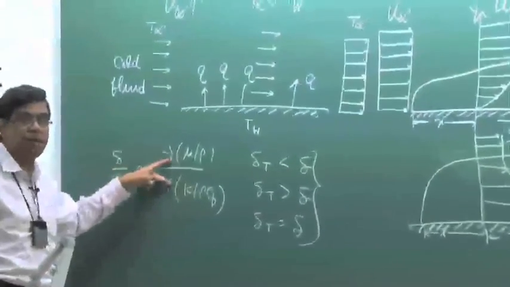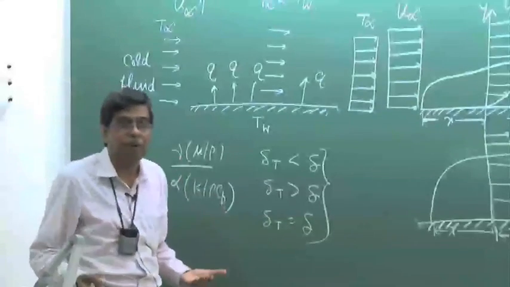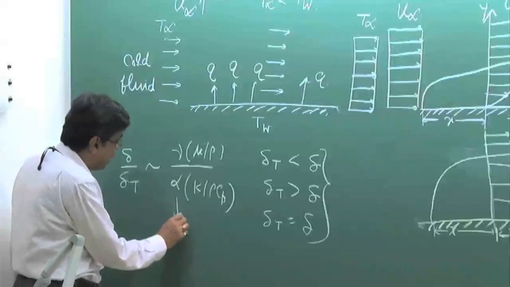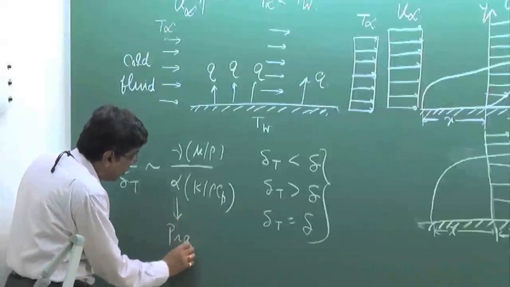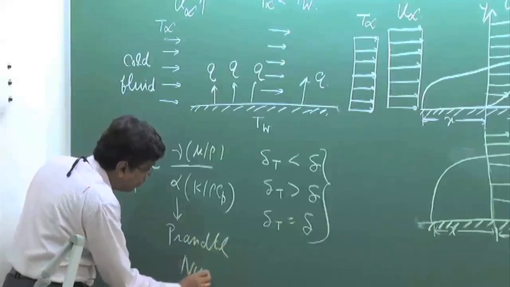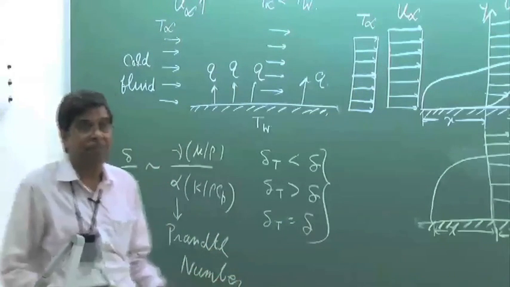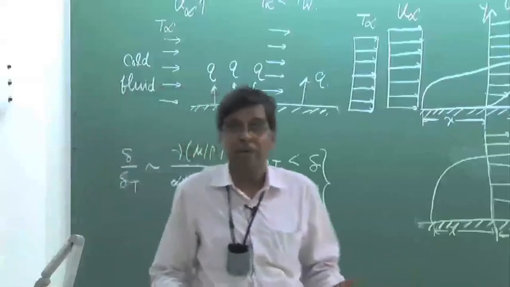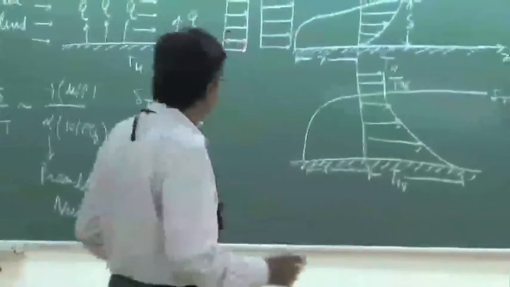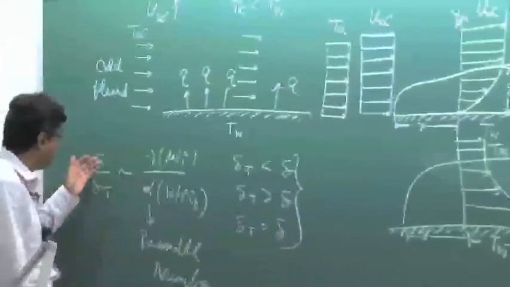This ratio may be greater than 1, less than 1, or equal to 1, depending upon the type of the fluid. This is the fluid property, and this is known as Prandtl number. At this moment, this is just information for you, and this will be told in detail afterwards. Don't get discouraged that something is information, because in this class nothing will be just information. All will be known in depth with the concept, but at the present moment it is information that this